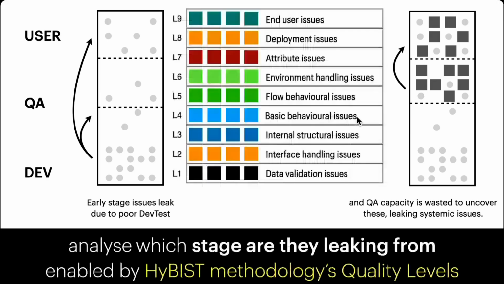So what do we mean by levels, and what do we mean by the stages? In our methodology called Hivest, we look at it from 7 levels. What do you mean by levels? Quality levels. That means certain issues are at certain levels. There could be a certain class of issues which are related to basic handling of data, which is an earlier stage. There could be other kinds of issues which are related to deployment, migration, installation, configuration, which are higher level issues, which could be a level 8, and so on.